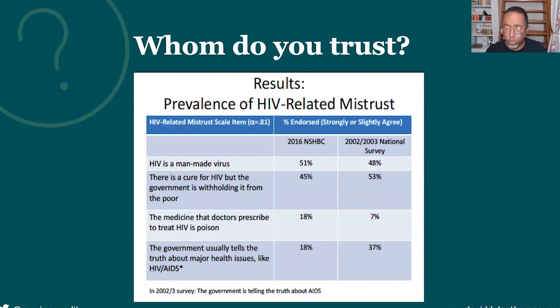In America, we have a crisis where African Americans, generally speaking, do not believe health information that comes from the government. In a 2002 survey, when given the statement, the government usually tells the truth about major health issues like HIV/AIDS, only 37% of African American respondents agreed with that statement. By the time you get to 2016, that number has dropped to 18%. Now, we could do a whole other talk about why there are legit reasons that African Americans have concerns about health information that comes from the government. But the fact remains, this is information that could save lives. So if it needs to rhyme, if it needs to use plain language and pictograms, so be it.